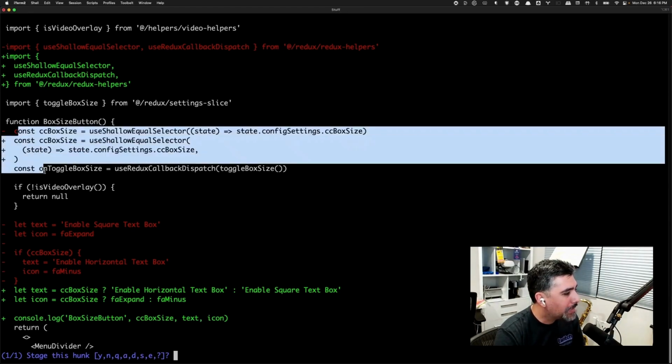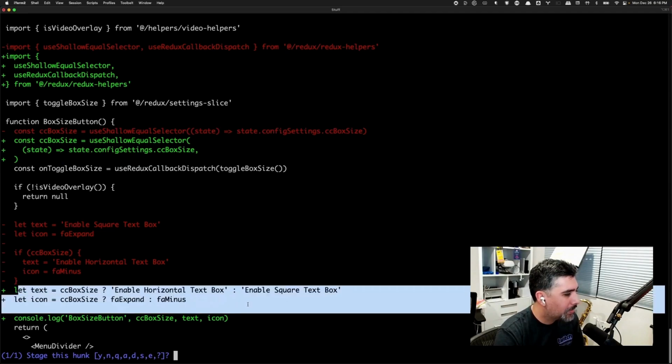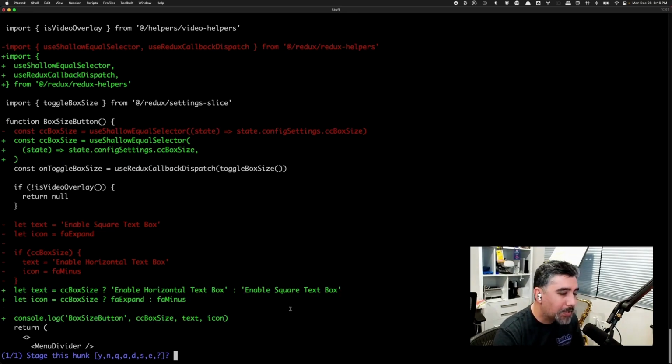But I do want the rest of these changes in here. I just don't want this. So you can do one thing. We can either go back into the code, or we can click no on here, not stage this for changes. So let's go ahead and do that first, and I'll show you a different way that we can actually remove the console log.